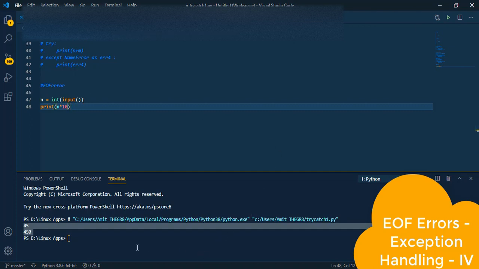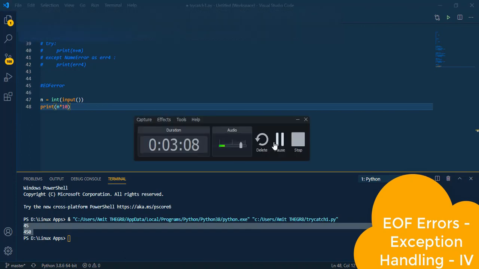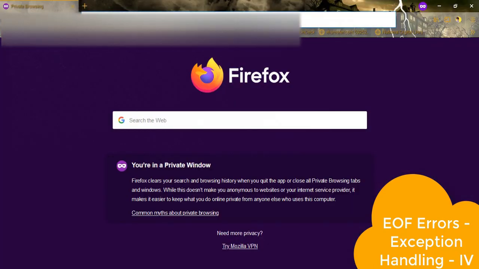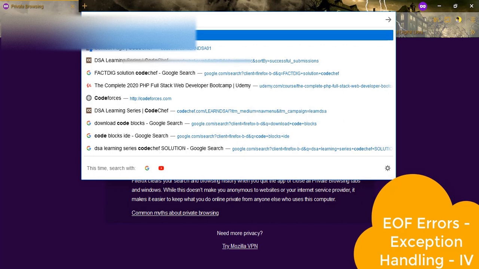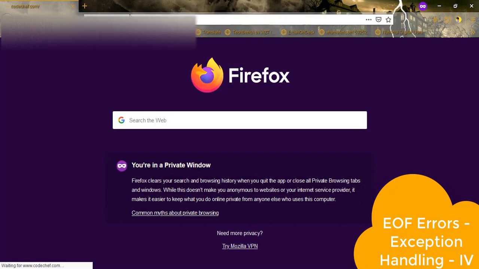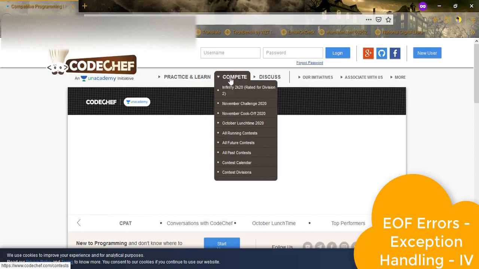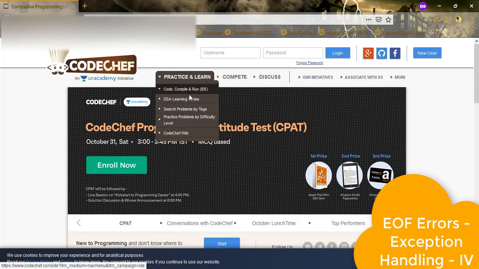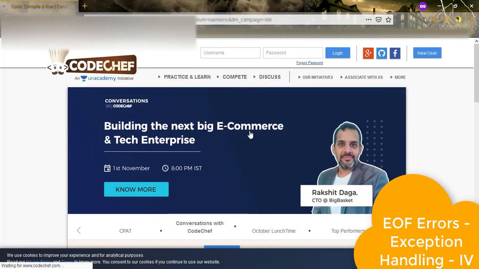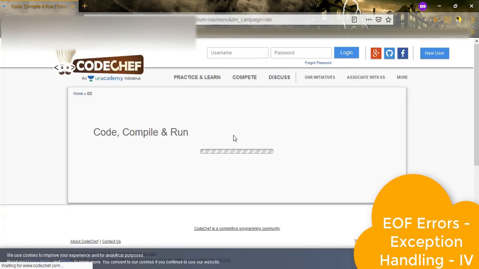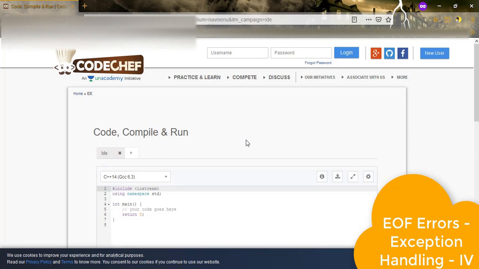Alright, let me go to my browser. As you can see, I am in my browser and I'll go to codeshift.com. I'll use this IDE because this error, the EOF error, mostly occurs here: compile, run, and IDE. Let me show you the error I was talking about.